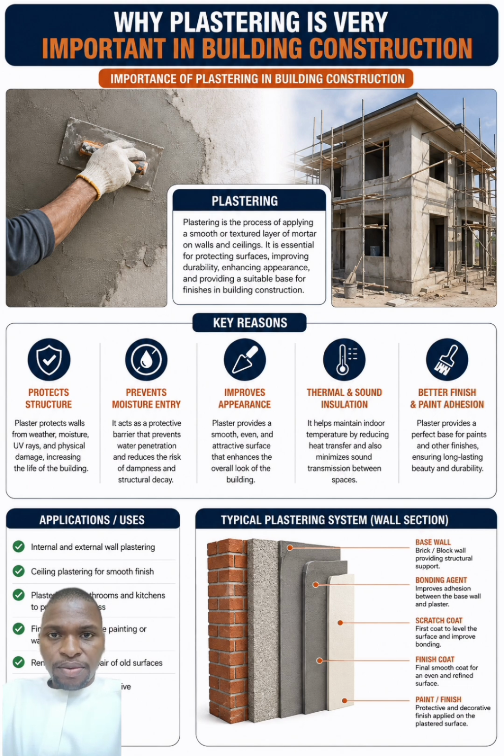Then it actually prevents moisture entry. This is a very valid point because even with the plastering and the damp-proof membrane usage and all those things, you still see some walls with moisture movement, seepage of water here and there. You understand? So let alone if you don't even do your plastering or use your damp-proof membrane. So plastering actually helps you to prevent moisture entry.